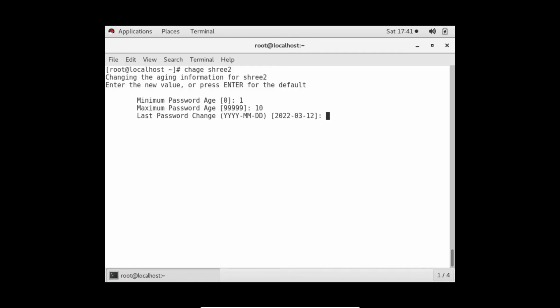I am giving 10 days. Last password change is today. Okay. Password expiration warning: it starts giving me a warning, you can say, 10 days ahead. To show the demo, I am giving this 10. And password inactive means when you want to disable your account. By default it's -1, but I can say after 1 day of password expiration,